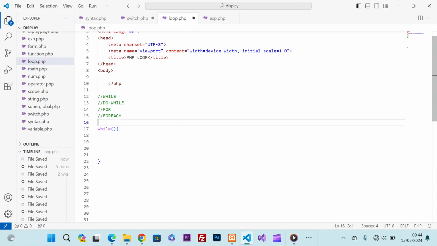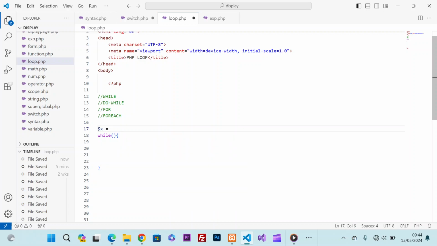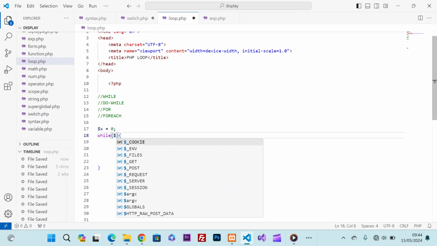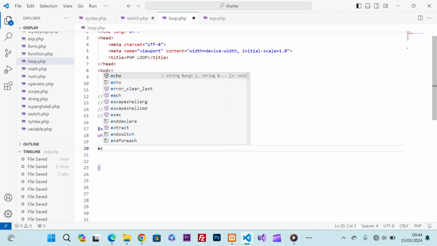Let me have my initial variable x equal to 0. As long as x is less than 5, I want you to write this thing that I put there before, echo